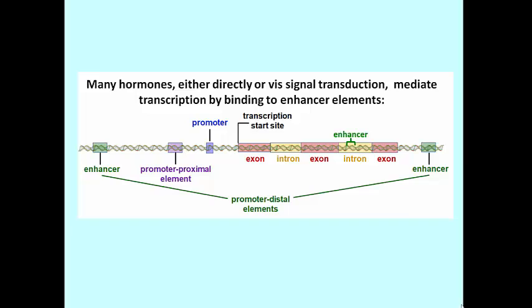Introns, these often very large regions of DNA between the coding regions of the gene, are also prime places for enhancers. So here we have a promoter proximal element showing near the promoter and a handful of enhancers or promoter distal elements. And they can all interact, and many genes, by the way, have more than a few gene regulatory DNA sequences, and they therefore interact with more than a few transcription factors.